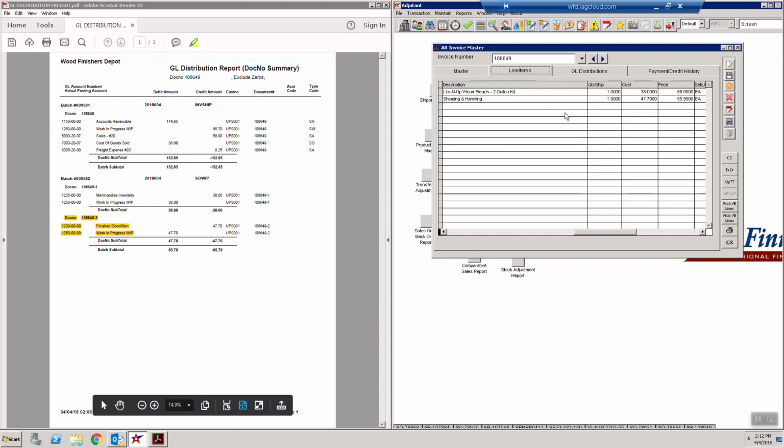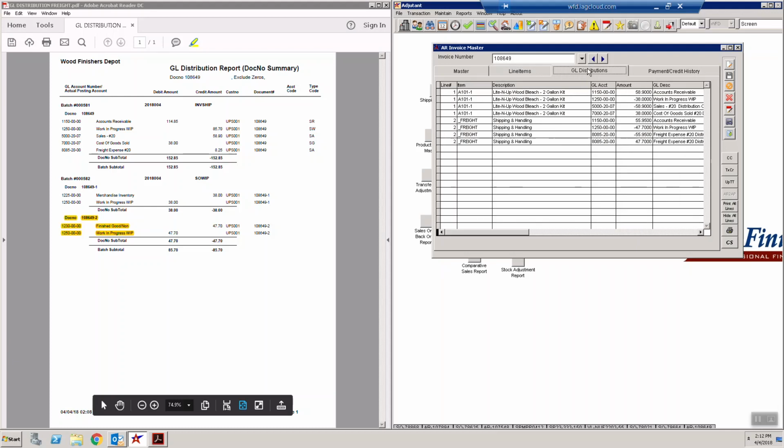That's no problem. I want to go over with you now what happens with the freight cost when we sell that freight SKU, or if we add that freight SKU to the order. Here's an order that was invoiced, 10/8649. It had some wood bleach on it and then some shipping and handling charges. The price was $55.95 and the cost was $47.70. Go here, the GL distributions for this line number 2 freight,